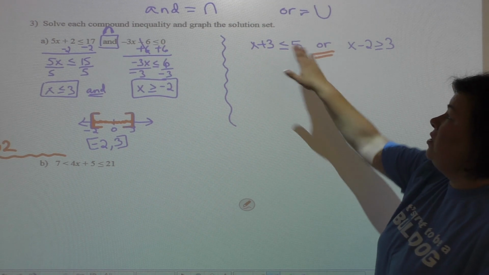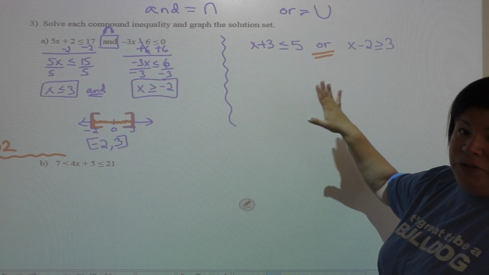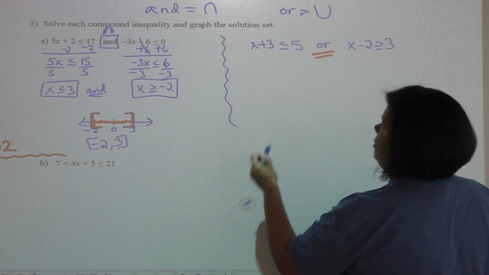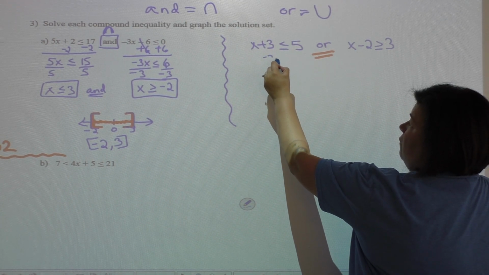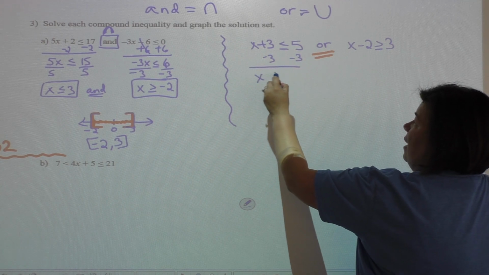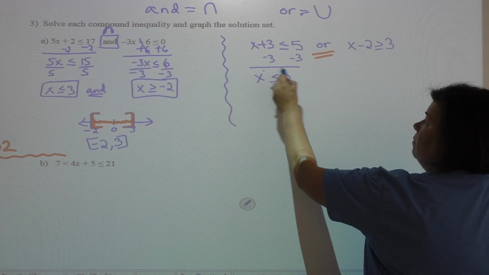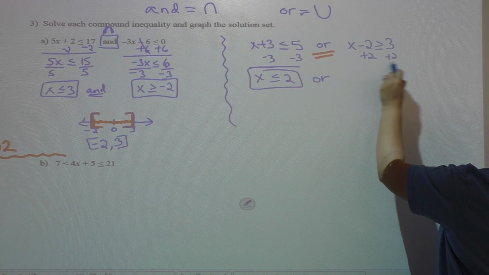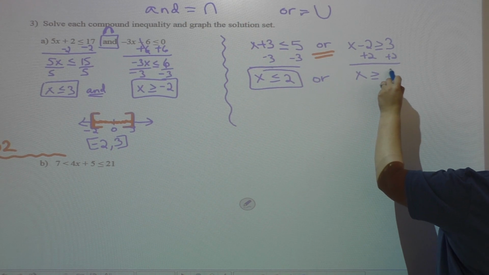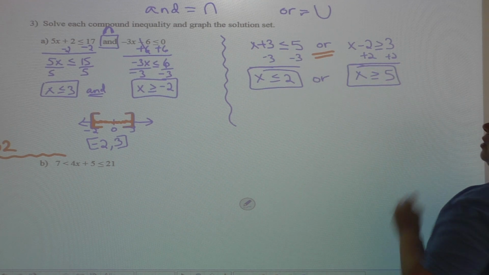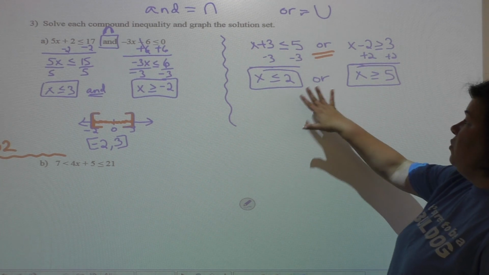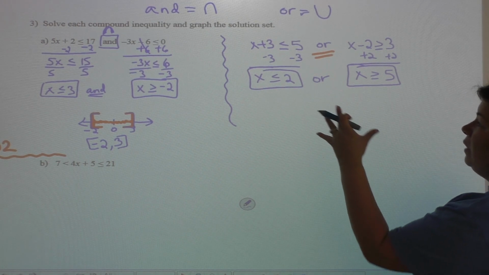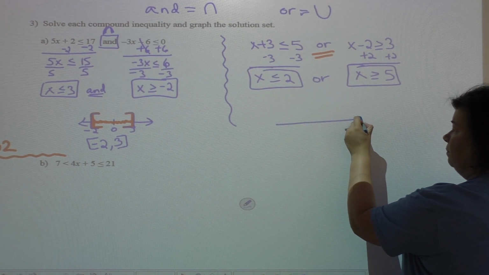Before we do that, we actually have to solve for each of these individual variables. So we're going to solve that like we normally do. To get x by itself, we're going to subtract 3. So x is less than or equal to 2. Or if we add 2 here, x is greater than or equal to 5. So we have two separate solutions. These graphs are going to look different if we combine them on one,